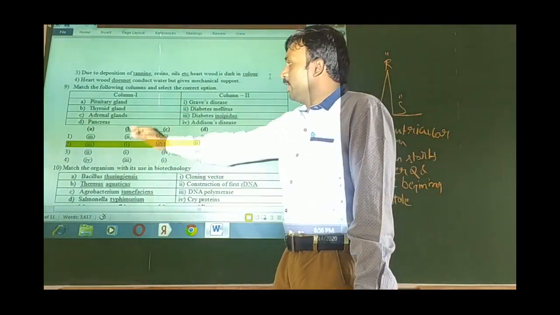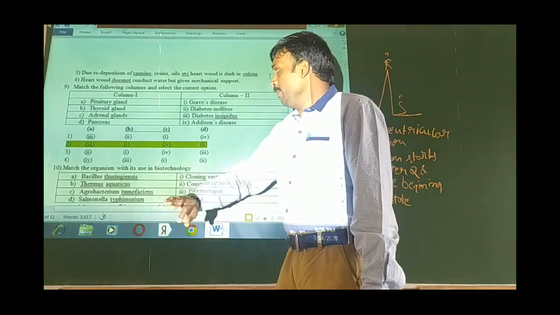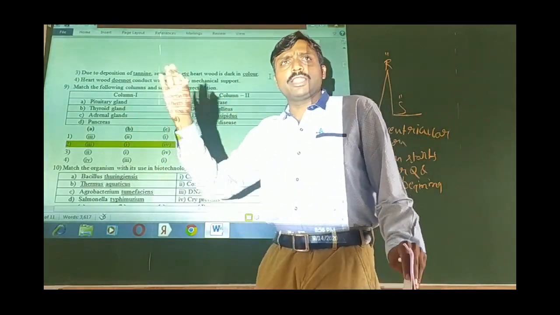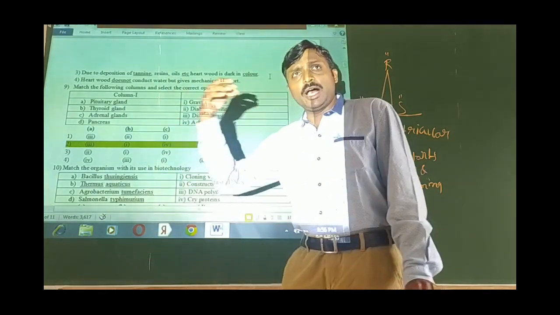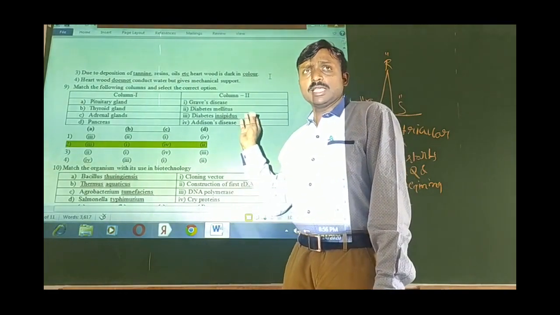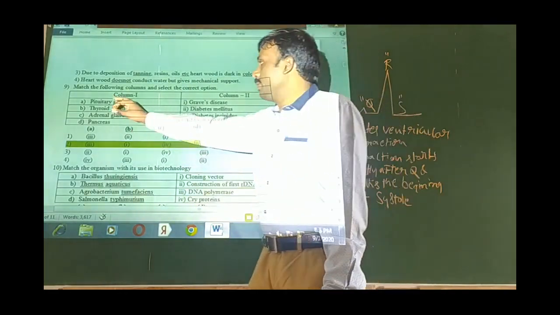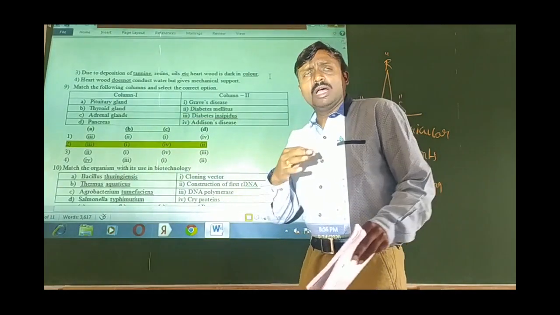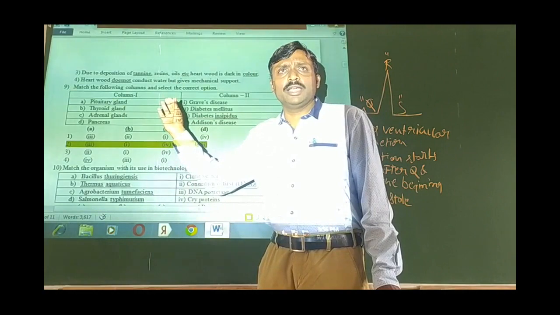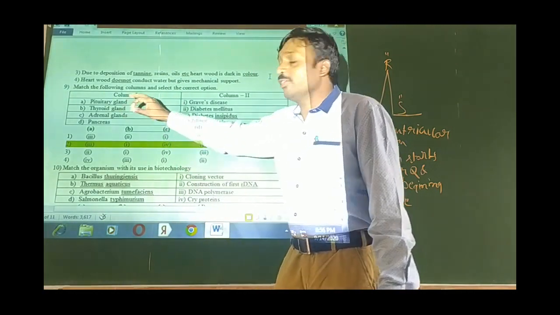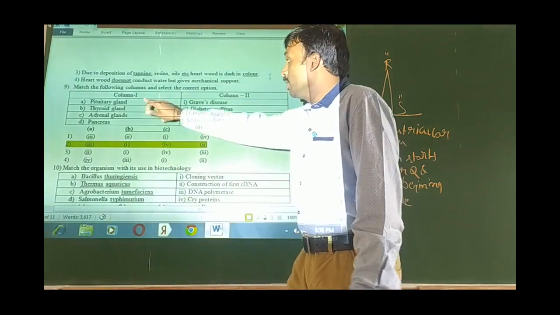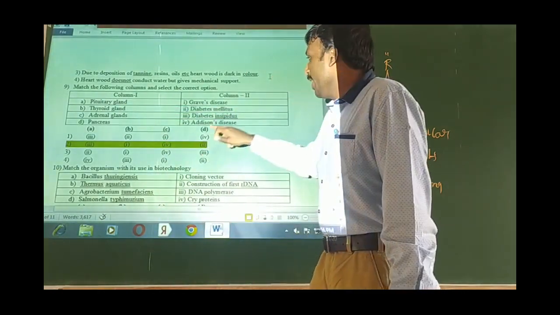So here different types of glands present in our body are in one column and in another column, if they fail to deliver their functions properly, if they become abnormal, what would be the occurring diseases. So pituitary gland. From the earlier classes itself we know it is the master of all the glands. Pituitary gland is called the master of all the glands. So if it fails to deliver what it has to deliver, then here A,